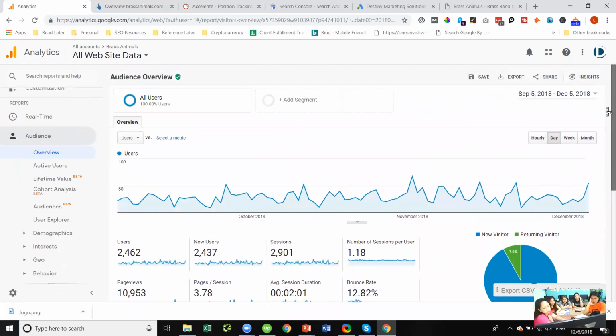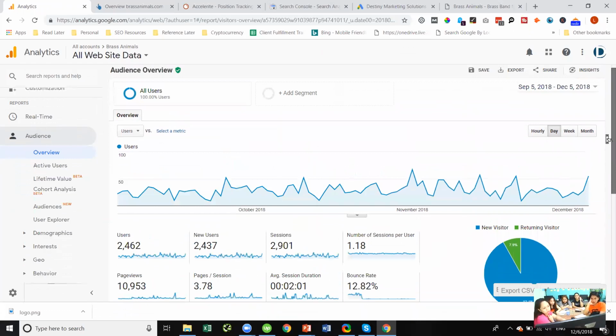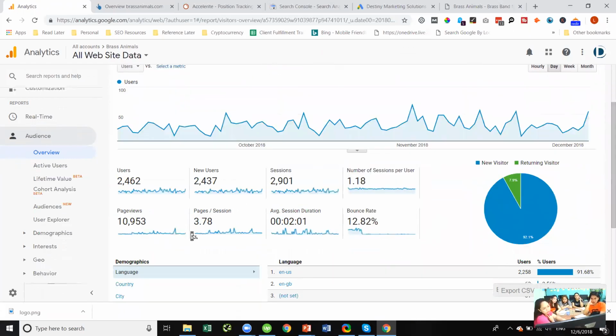And this is how you will look at them for the entire website. So we see here the pages per session is 3.78. The average session duration is 2 minutes, and the bounce rate is a little under 13%. And then we also see the number of users and the number of new users, which is a pretty large percentage of the overall number of users. And then we see the total number of sessions. Now, one thing to note here,